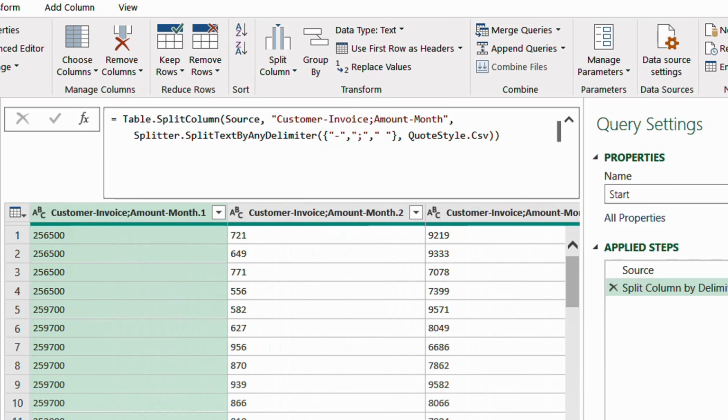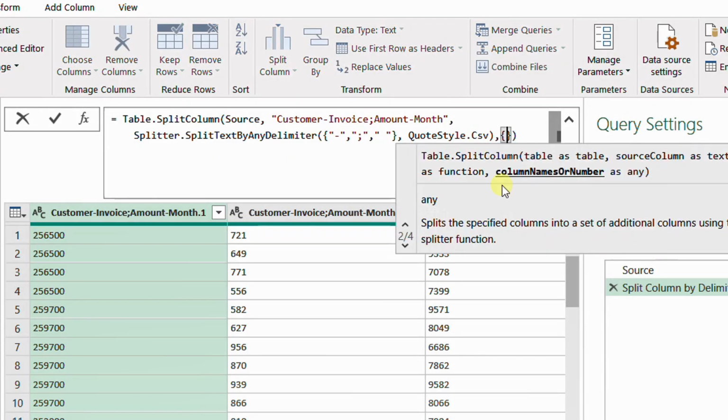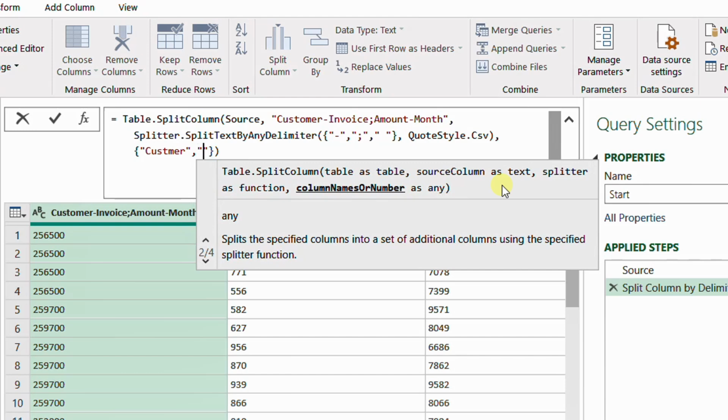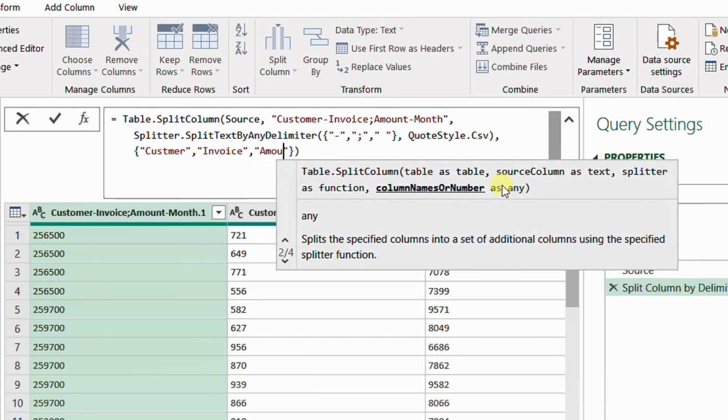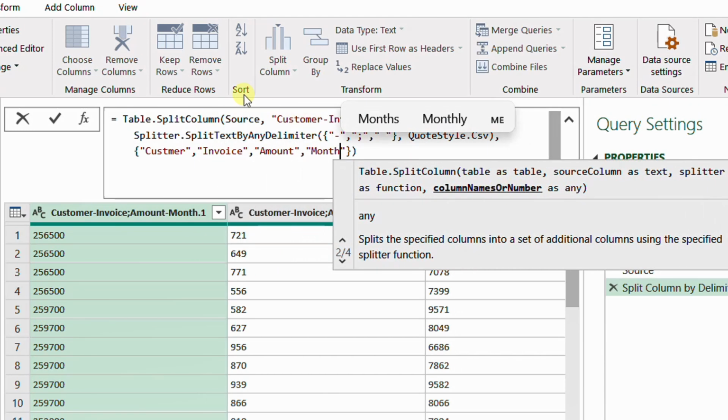The only issue that you'll have now is that you will have the original name of the column .1 and then .2 and then I believe .3 and .4 and so on. Now I can use the final argument in order to feed in the right column names. So I'm going inside the formula bar once more, and then comma at the end, open a curly bracket because it needs to be provided as a list. And then I'm going to type customer, comma, double quote once more, invoice, and then amount, comma, month, the check